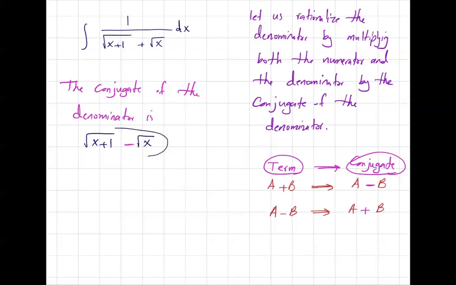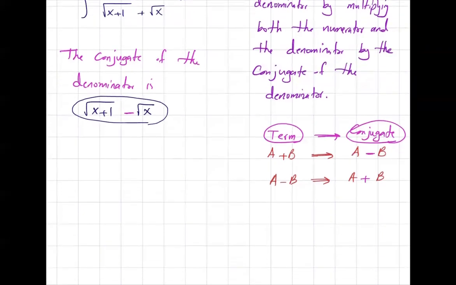So we're going to take this quantity, multiply both the numerator and the denominator by this conjugate to simplify the integral. So our integral is 1 divided by, copy down the denominator, which is square root of x plus 1 plus square root of x, and the conjugate, which is square root of x plus 1 minus square root of x,